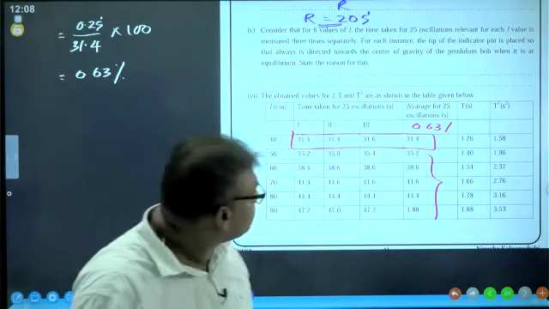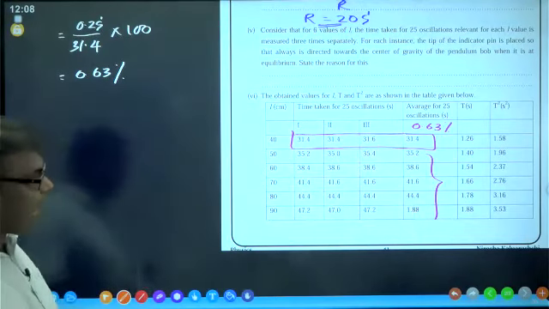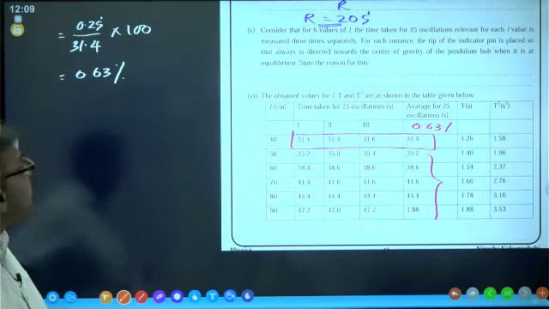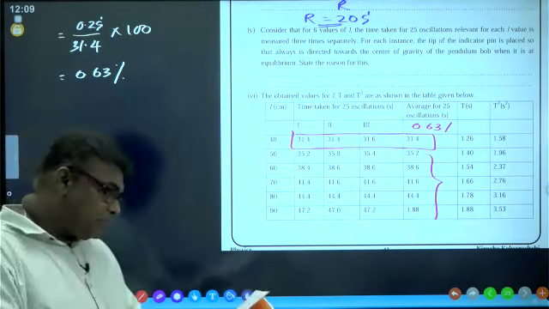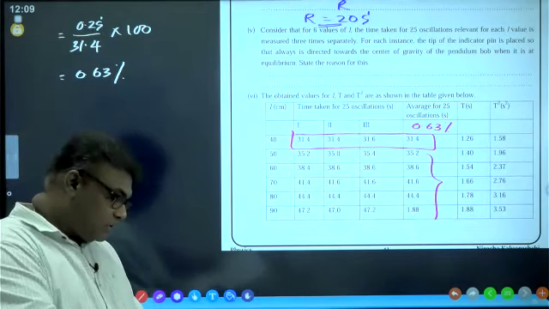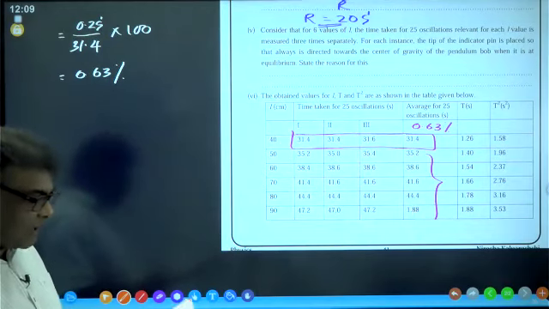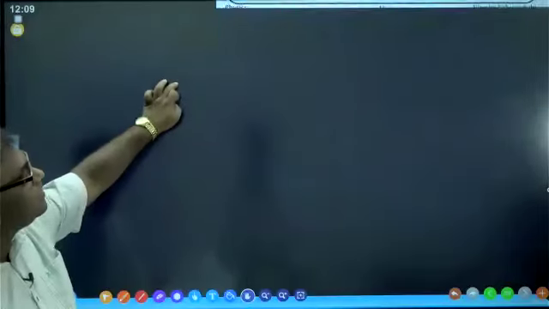Then take the final answer: as the minimum time makes the percentage fractional error about 0.6%,